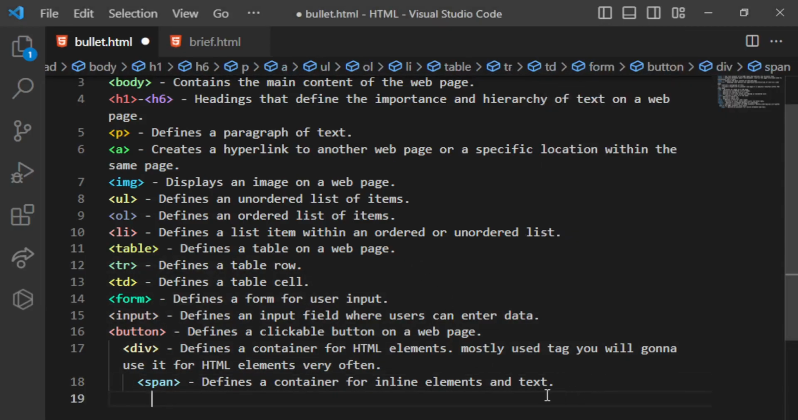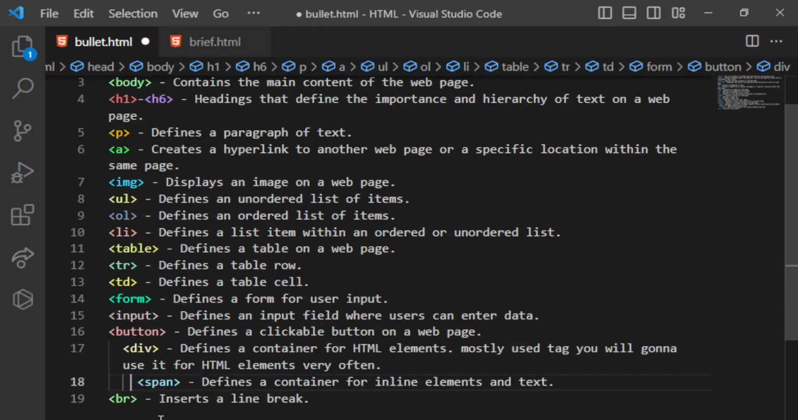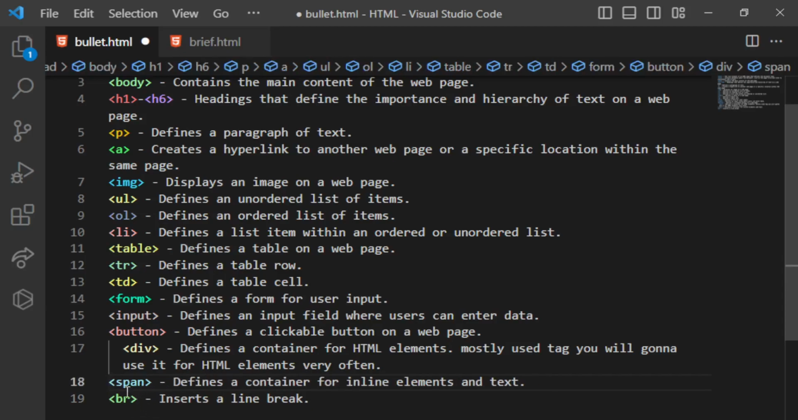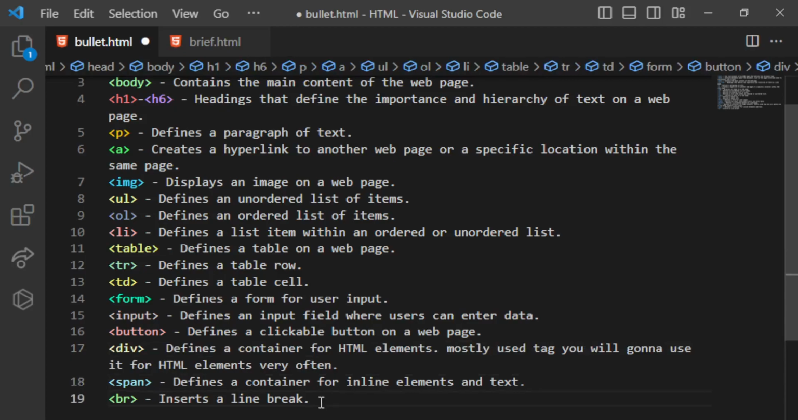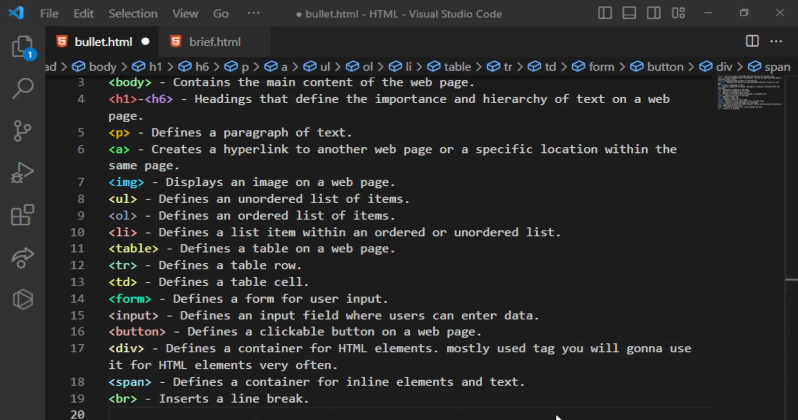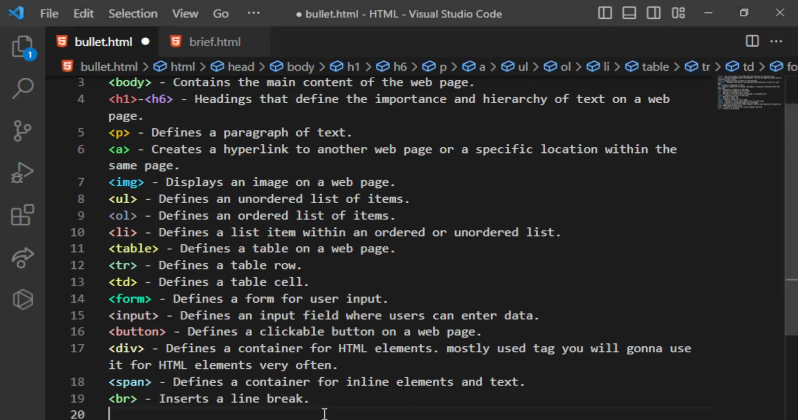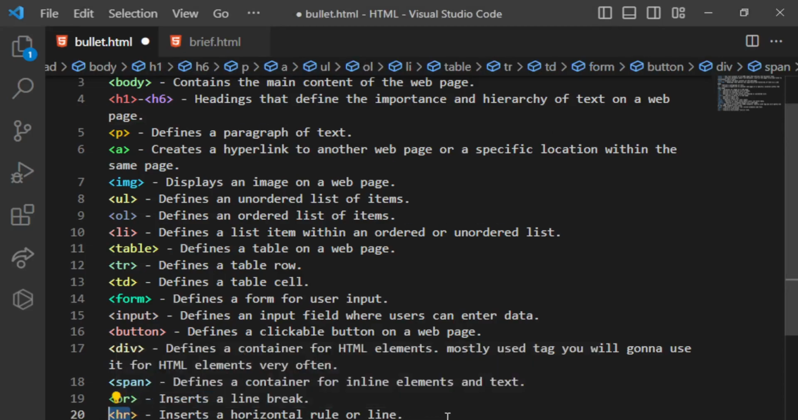Then we have the BR tag. As its name suggests, it is used to apply breaks in your HTML document. Then we have the HR tag. I am forgetting its full form, but it is used to apply horizontal rules. I will let you know what a horizontal rule basically is. Then we have some other important tags, like